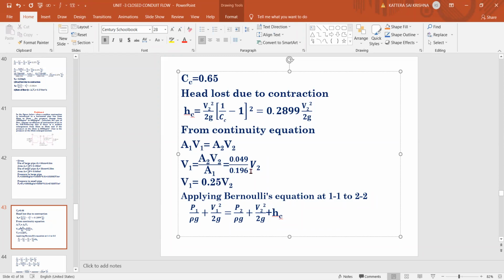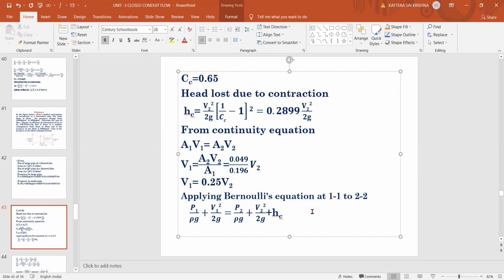Right. So now for finding the V2 value, since we don't know V2, he has given pressure 1 and pressure 2 values. So now we can find V2 by using the Bernoulli's equation between section 1-1 and section 2-2. So write the formula: P1 by rho g plus V1 square by 2g is equal to P2 by rho g plus V2 square by 2g plus, what is happening between 1-1 and 2-2? It is sudden contraction. So the loss of head will be because of the contraction, that is HC. This HC should be written here since there is a loss because of the contraction. And Z1 and Z2 are not written since the pipe is horizontal, right?